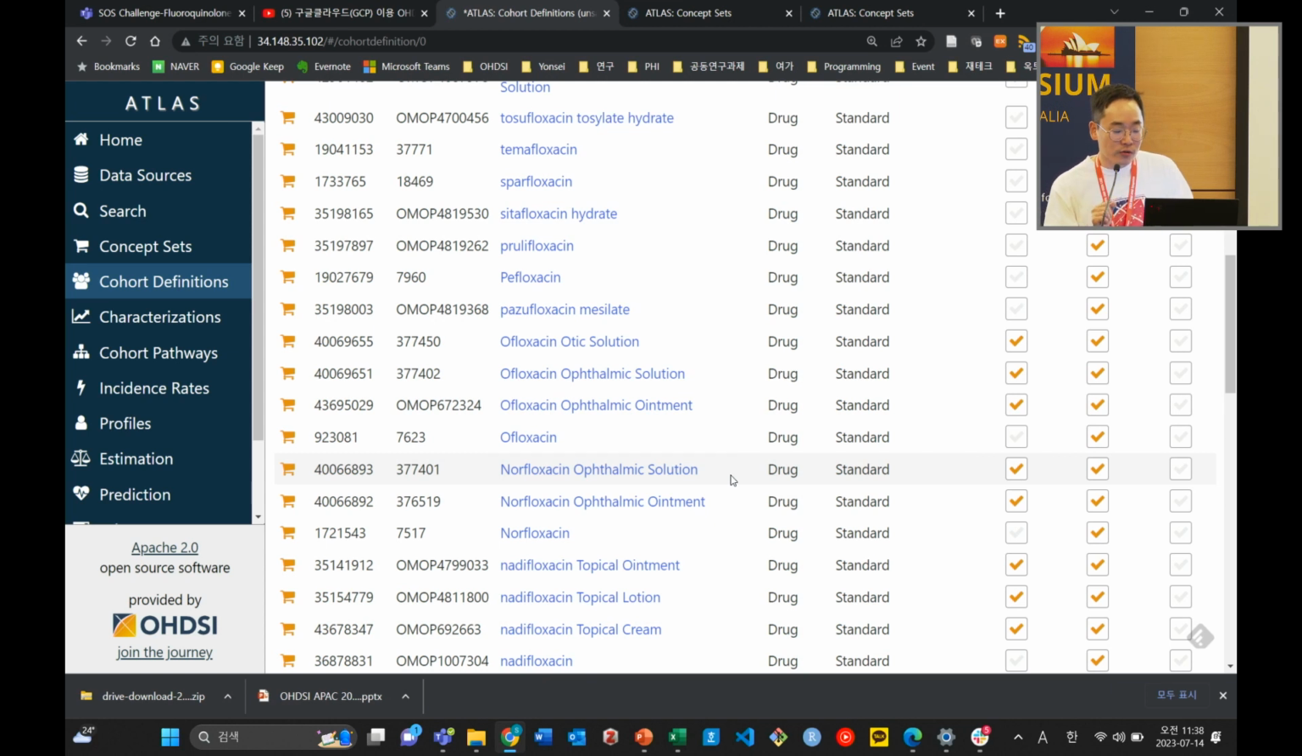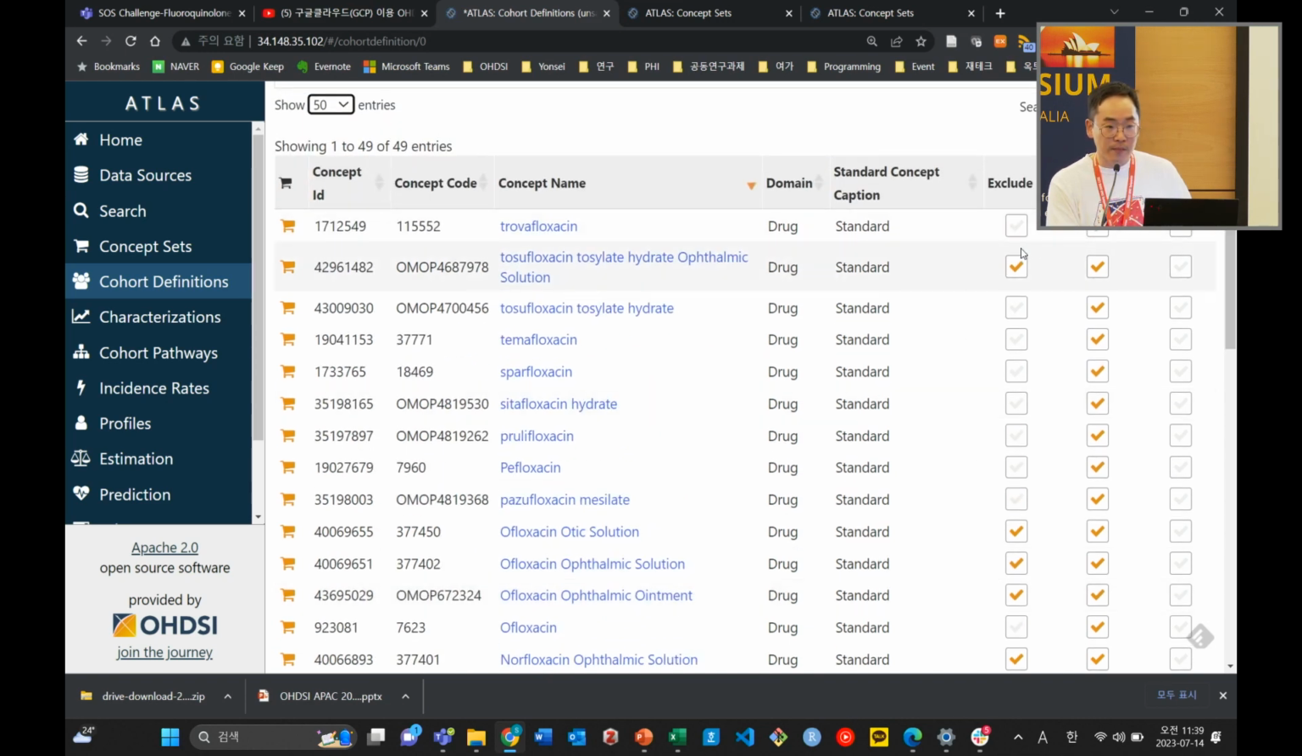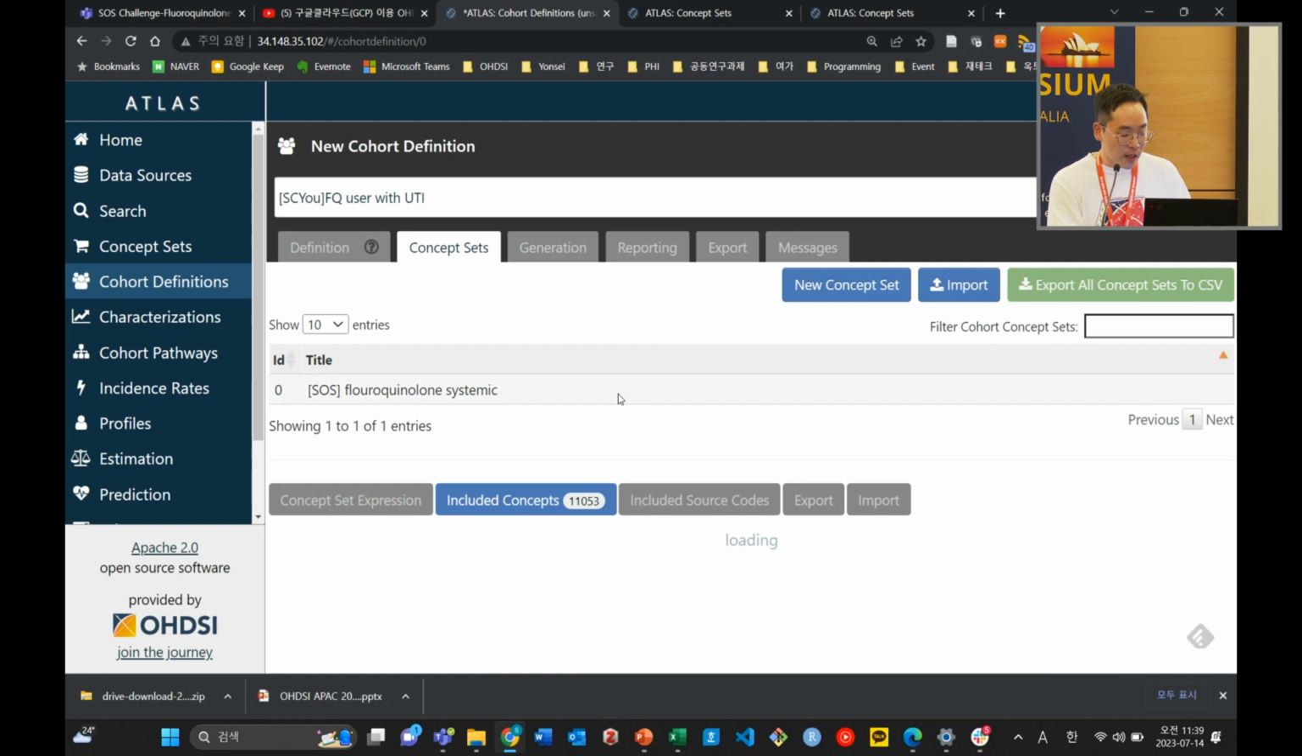And actually, we want to exclude the otic solutions or ophthalmic solutions since we are targeting the systematic use of fluoroquinolone. That's why we identify the otic solutions or ophthalmic solutions fluoroquinolone, and we exclude them. So we include all of the descendants of each ingredient of fluoroquinolone, and then we exclude some of the otic solutions or ophthalmic solutions to guarantee that we only use the systematic fluoroquinolone in this study. As a result, we included more than 10,000